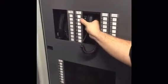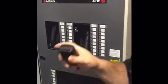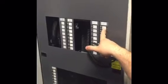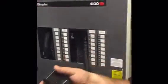For the first 60 seconds when the alarm is ringing, this microphone is turned off. You cannot make an announcement. That's what this paging and inhibited light is. As long as this light is on, this is paging inhibited, you cannot make an announcement in the first 60 seconds. And the reason for that is